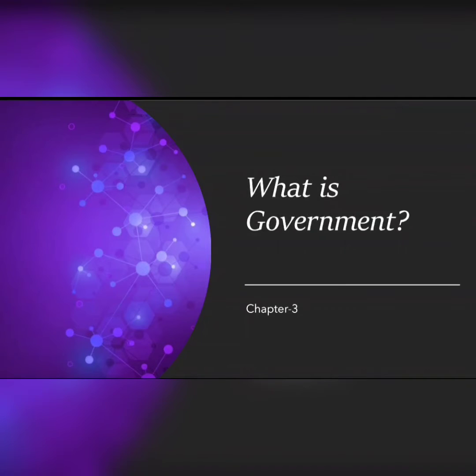So, class 6, today we are going to start with a new chapter of civics, that is, what is government. Now let's begin with the session and get to know what is government and what is the function of